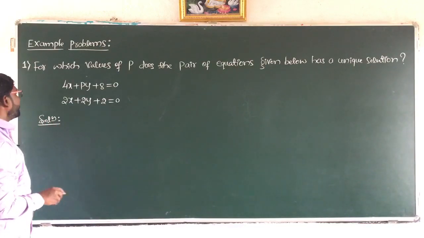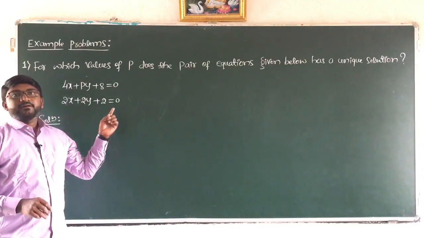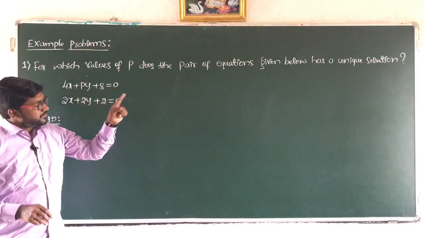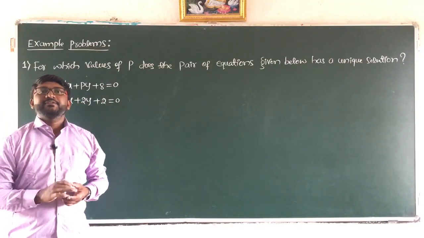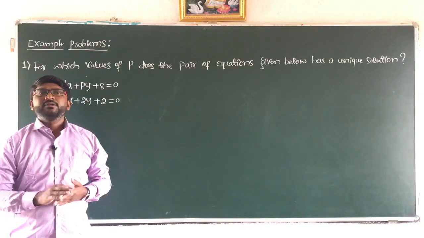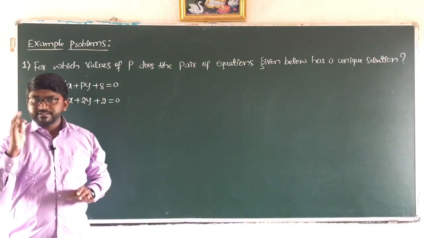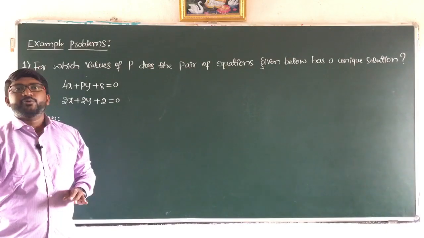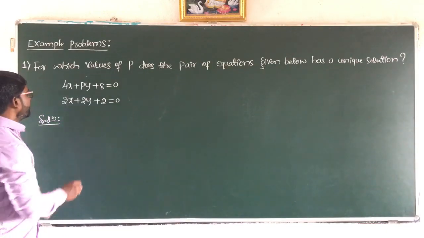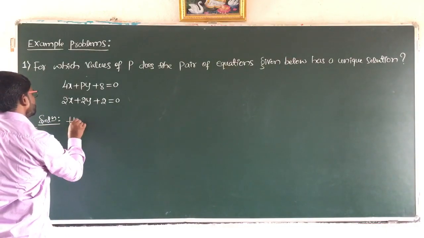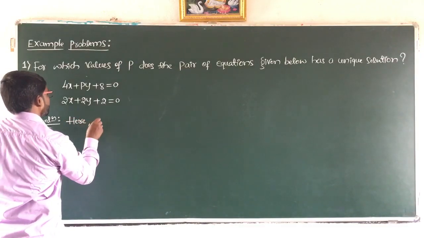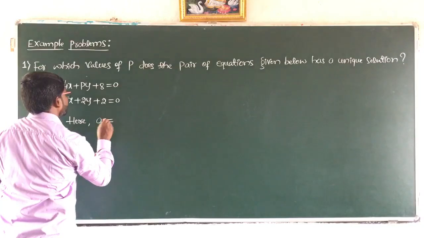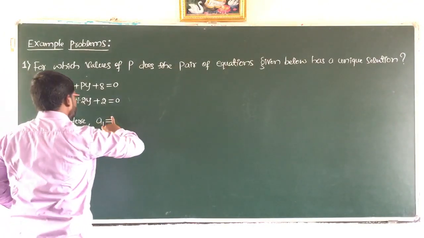So we will note down the values of a1, b1 and then a2, b2. So here the condition is unique solution. For the unique solution we need a1, b1, a2, b2. We don't need c1 and c2 because the condition is a1 by a2 not equal to b1 by b2. Here a1 is equal to 4,